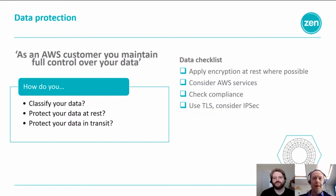Let's move on, and we're going to take a look at data protection. Of course, this is a really hot topic for a lot of businesses, and of the highest value when it comes to assets in the cloud is often data. So this is important because of all sorts of reasons. Really, there's real reputational damage to be done if data is leaked. There's regulatory,